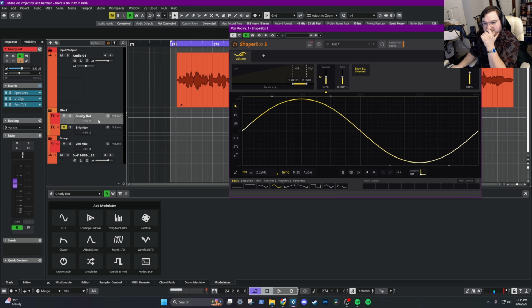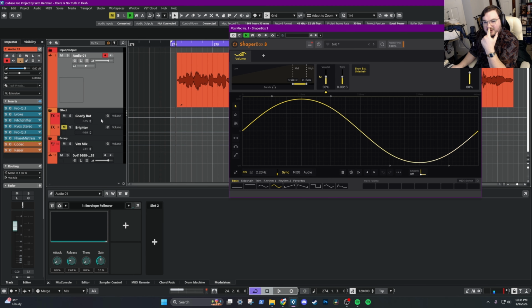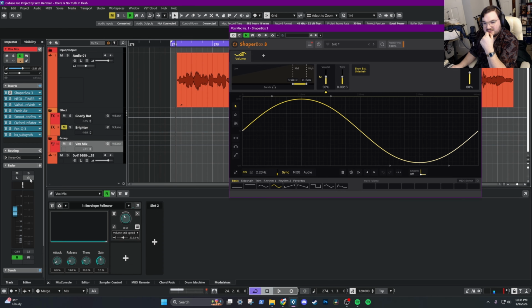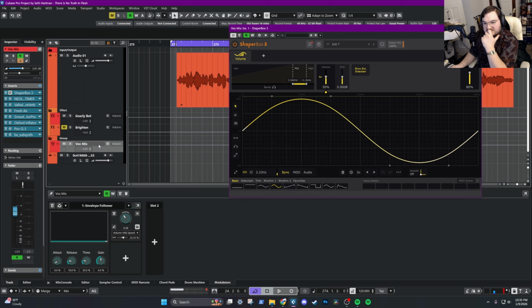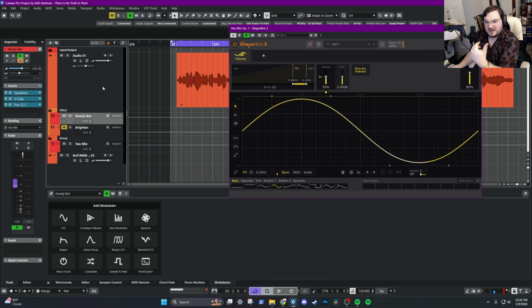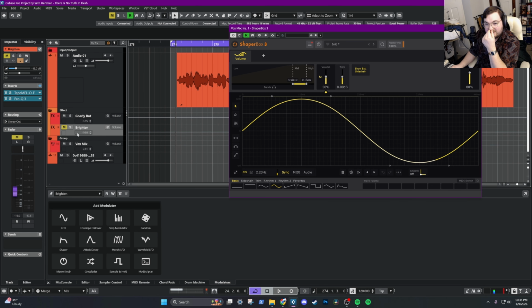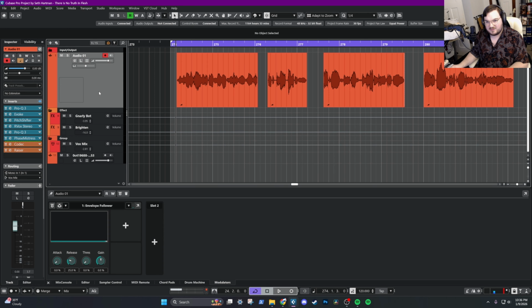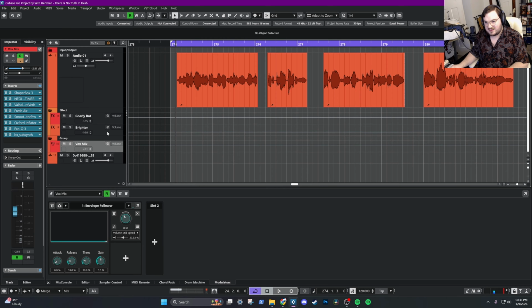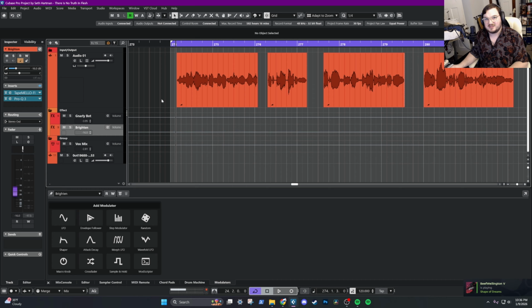Also, this Gnarly Bot and this original audio track are being fed into Vox Mix. So these are being combined and then sent into Vox Mix. Gnarly Bot is a send, and then they both go into Vox Mix. Then I have this third one, which gives it a bright center, which is why it's called Brighten. When we add this on there, this is just a parallel track, so a send. It's just another send from the original, and it does not go to the Vox Mix. It bypasses that and just goes straight to the stereo out.